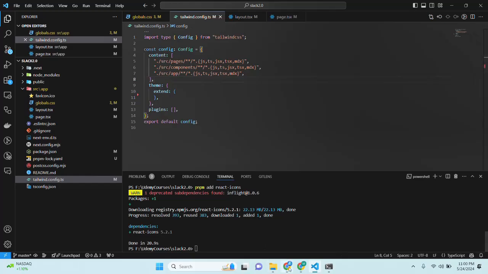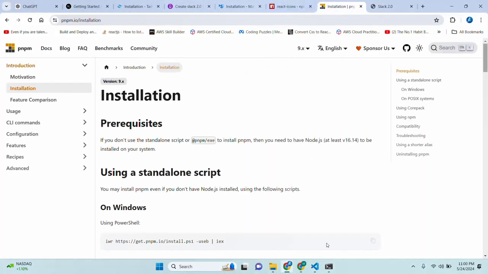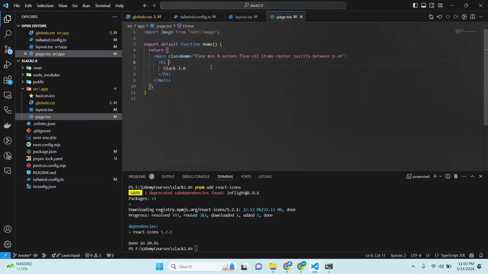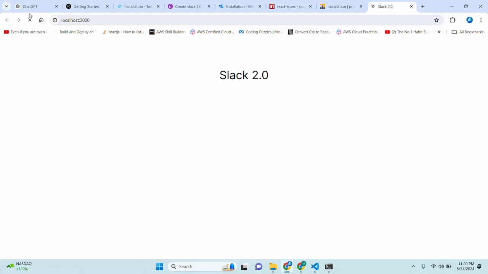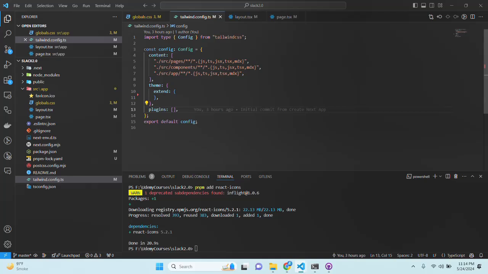okay, so we need to now add the, let's make a title a little bit longer, text 7 4xl. Okay, so basically you can see that the font size is here 36 pixels is applied. Okay, it automatically refreshes, and yes,